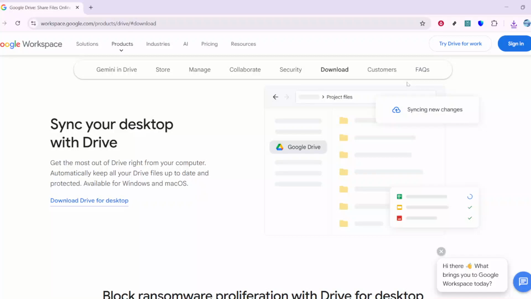In today's video, I'm going to teach you how to download and install Google Drive on a laptop. By the end, you'll have Google Drive for desktop set up so you can easily access your files right from your computer without keeping a browser tab open. This works on both Windows and Mac, and the process is quick and safe as long as you download it